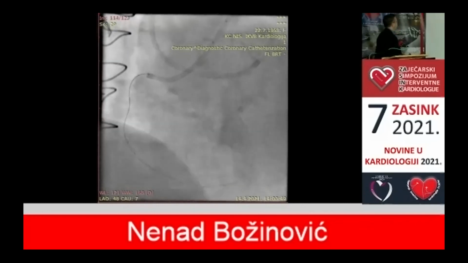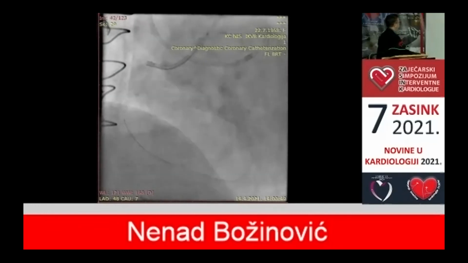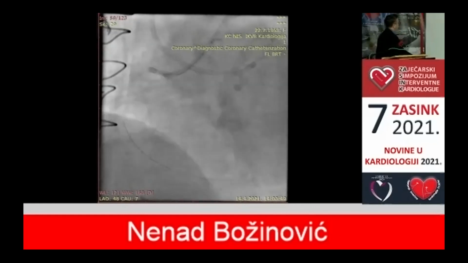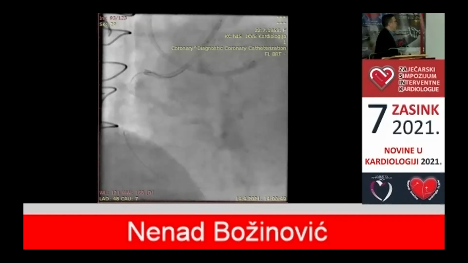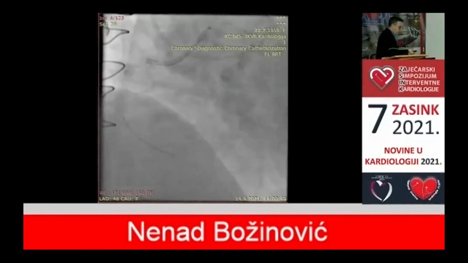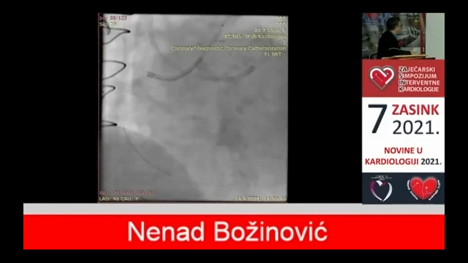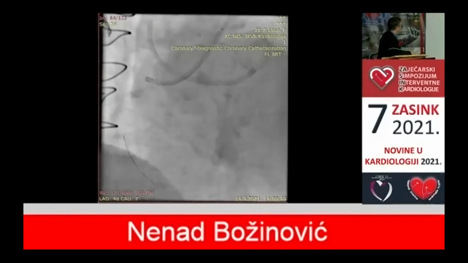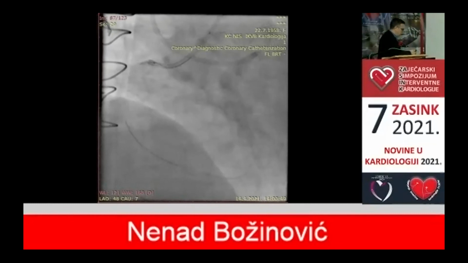When I have an RG3 wire, I pull back my retrograde wire and then only cross through the whole system with the RG3 and make the dilatation and stenting. But when we don't have this wire, this is the first step of this maneuver. I put my antegrade wire in the retrograde micro, and after that,